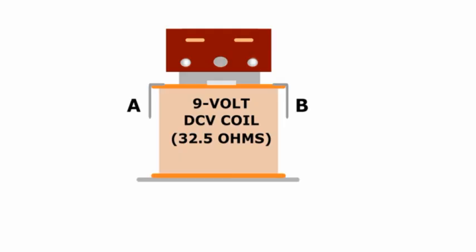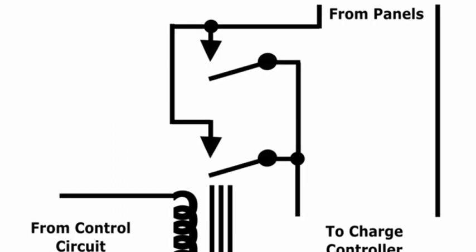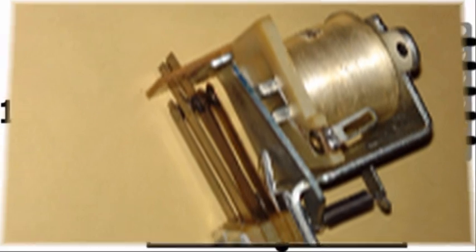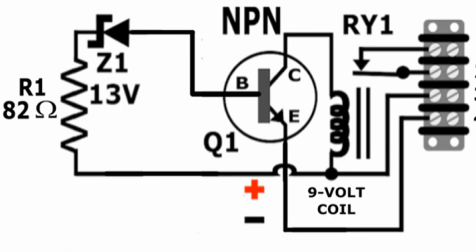A good friend of mine gave me a relay having a greater distance between contacts to avoid arcs when disconnecting the panels from the charge controller during each protection cycle. The original relay had a 12-volt coil, but the replacement had a 9-volt coil. Therefore, I had to radically modify the circuit, eliminating the trim pot and using a lower value resistor in series